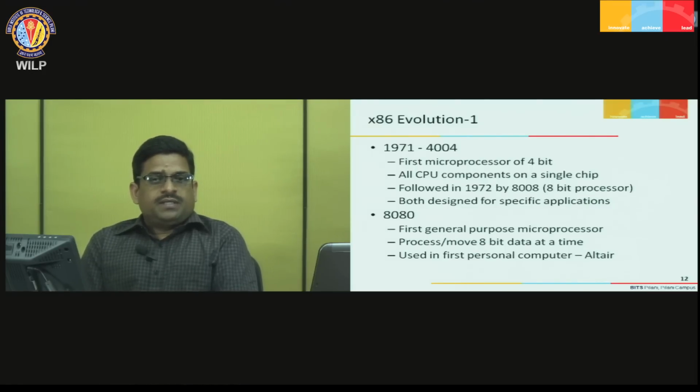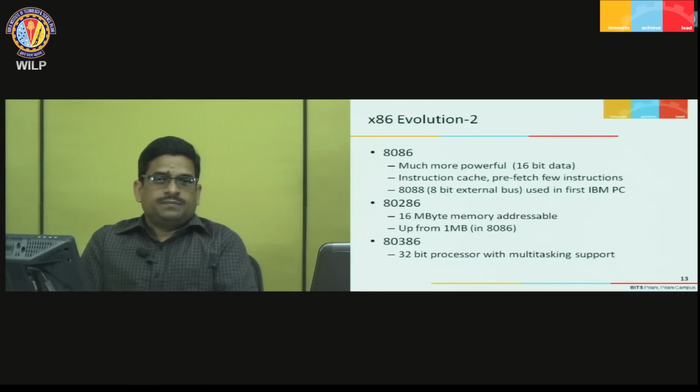Then, these microprocessors were not general purpose microprocessors. The first general purpose microprocessor was the 8080 by Intel, and again it was an 8-bit microprocessor. This microprocessor was used in the first personal computer, which is called the Altair. After that,